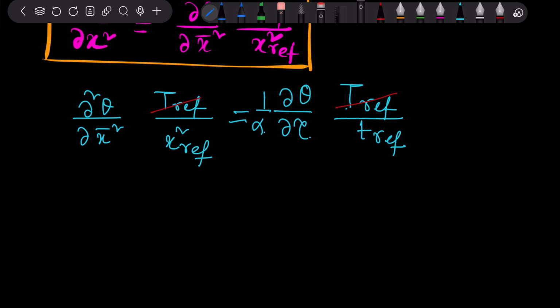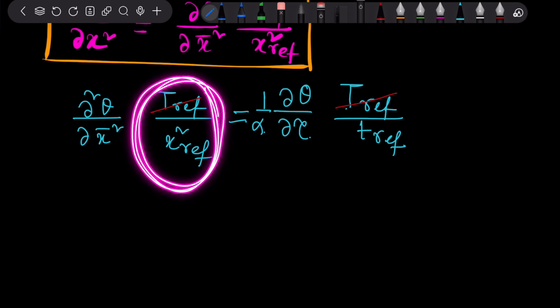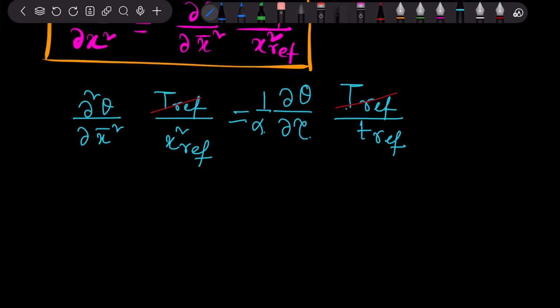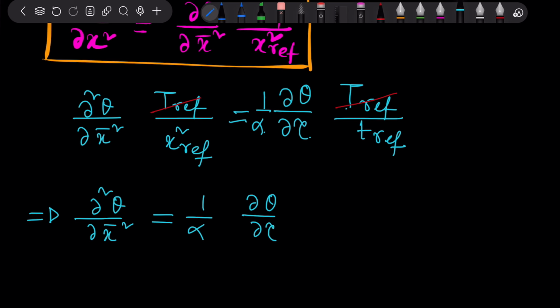Okay, but now to make it non-dimensionalized, what I will do is I will multiply or I will divide by any of the coefficients of these terms. That is, I have to divide the whole equation either by this term or by this term. Okay, so let me divide it by 1 by x reference square. So in other words, I will multiply both sides by 1 by x reference square. So that will be this one. So let me write it like this: del theta del tau, x square reference by alpha